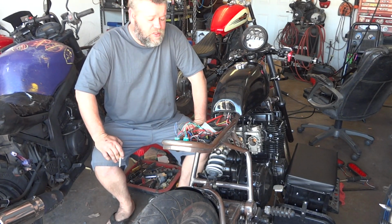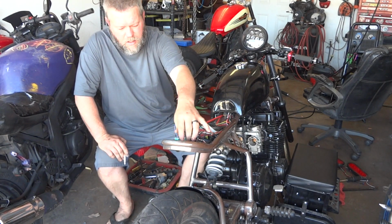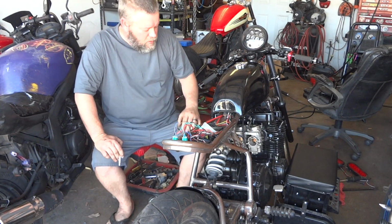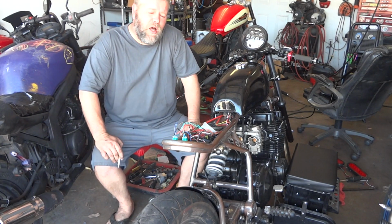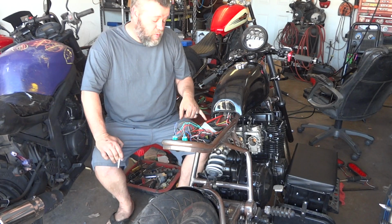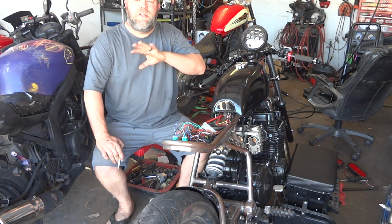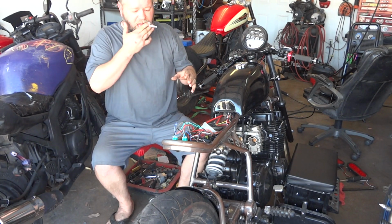All right, well, looks like we got her fixed. The CDIs do work and she does run well. Looks like we were having a problem with the intake boots that we bought for these. We bought new intake boots and they are leaking like a sieve, and I've taken them off, sealed them, put them back on. I think what we're having a problem with is